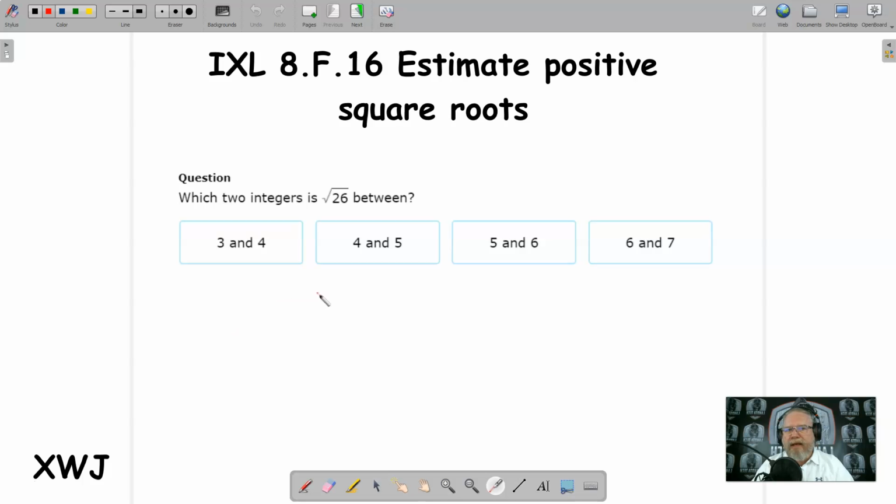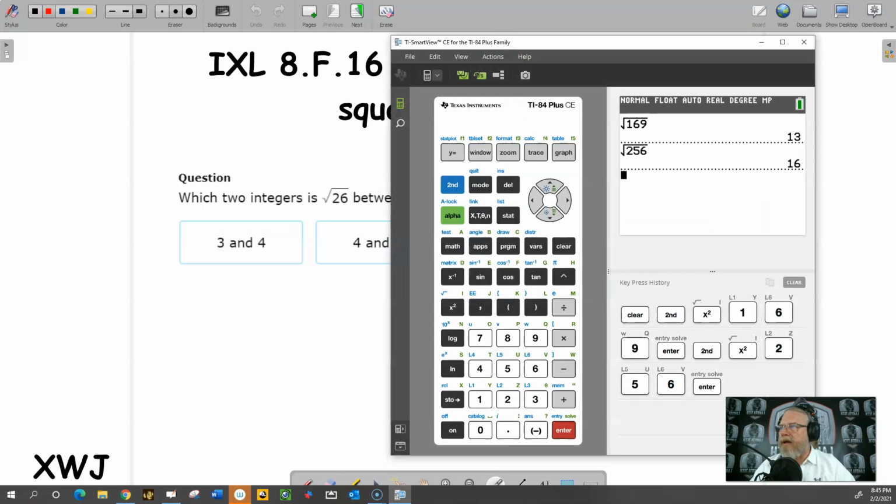Alright, in this activity, we're not going to be working with perfect squares like we have in a previous activity. Instead, if we took the square root of our radicand in all of the questions in this activity, we would get a decimal number. For instance, let's go ahead and grab a calculator, and we'll take the square root of